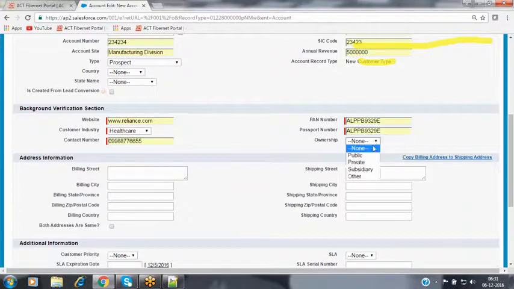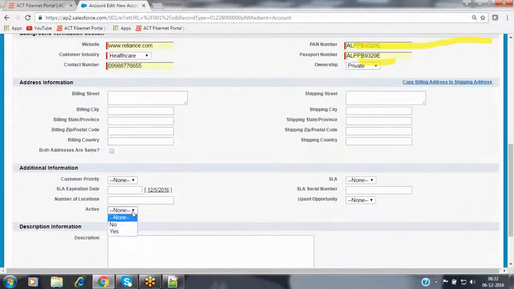Passport number, I have entered some value. Ownership, some private. And then I'm making this account record active by selecting the active checkbox. Inside that active field, I'm selecting the value as yes. Now the billing street, I'm entering some value over here. So this is some Gayatri Nagar.